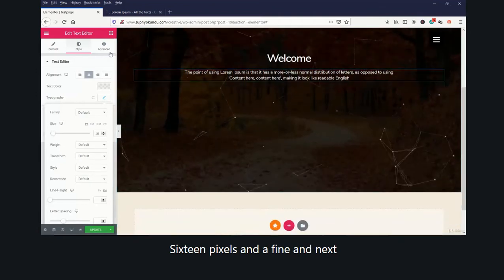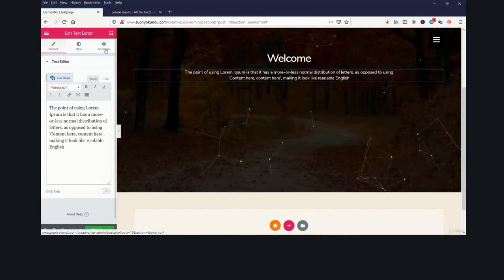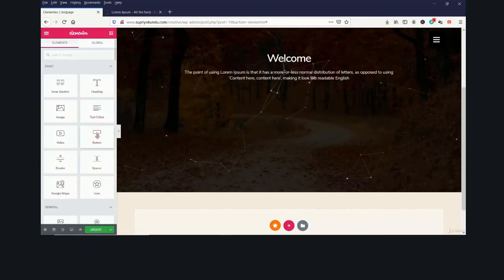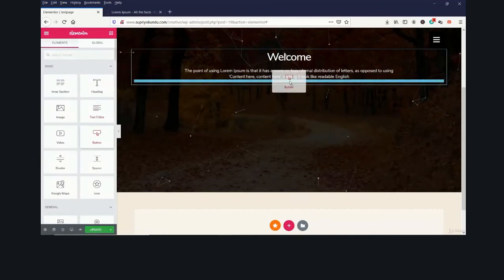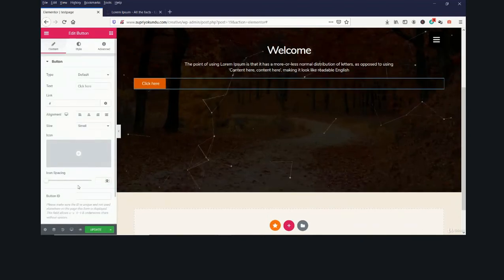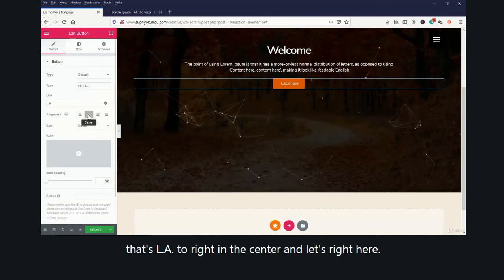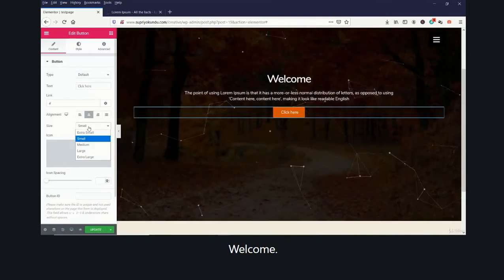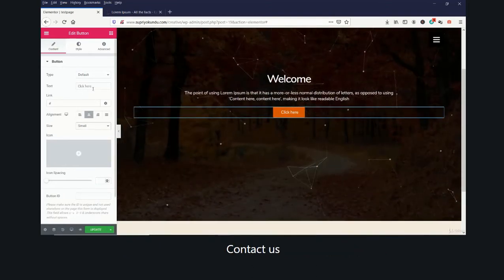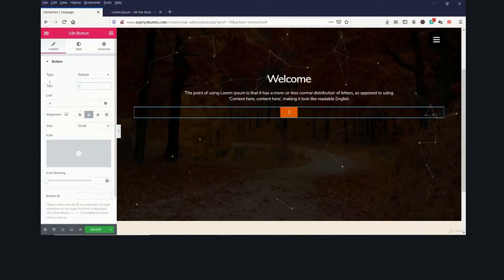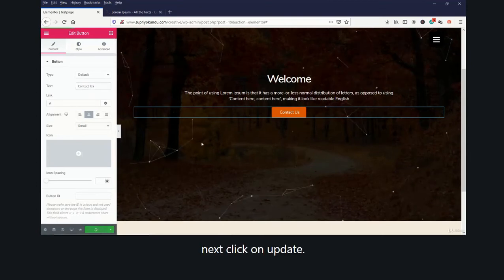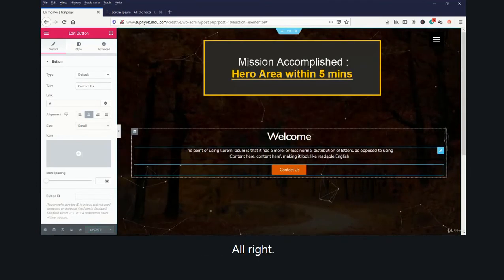And next, let's add a button. Let's align it right at the center, and let's write here contact us. Let's click on update. Alright, so that's it, guys.